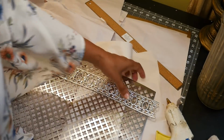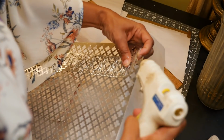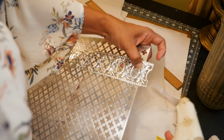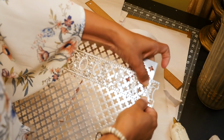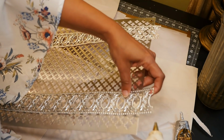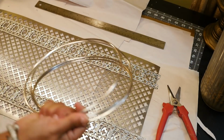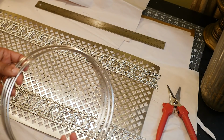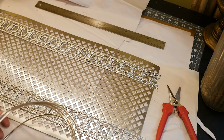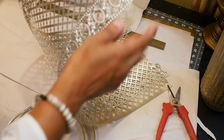I didn't put glue on the edges of this ribbon, so I'm going to put a little hot glue on the tin sheet just to keep it in place. And I'll do the same process for the bottom half, the same distance from the top. Now I'm going to get my 4 8-inch metal rings ready. And I'm going to take my metal sheet and gently roll it around